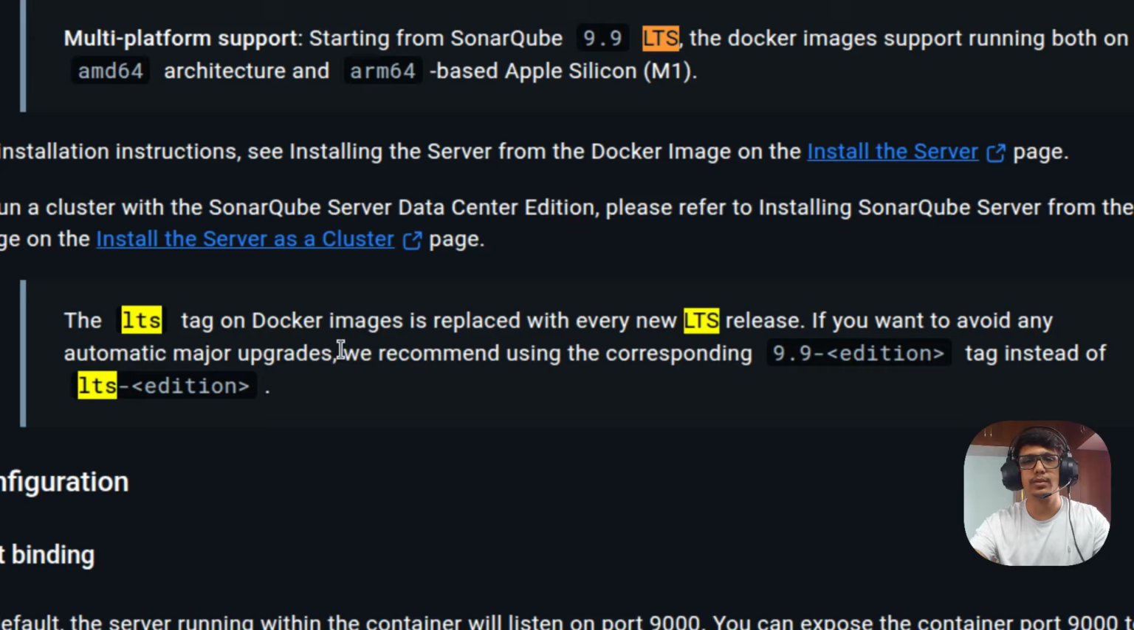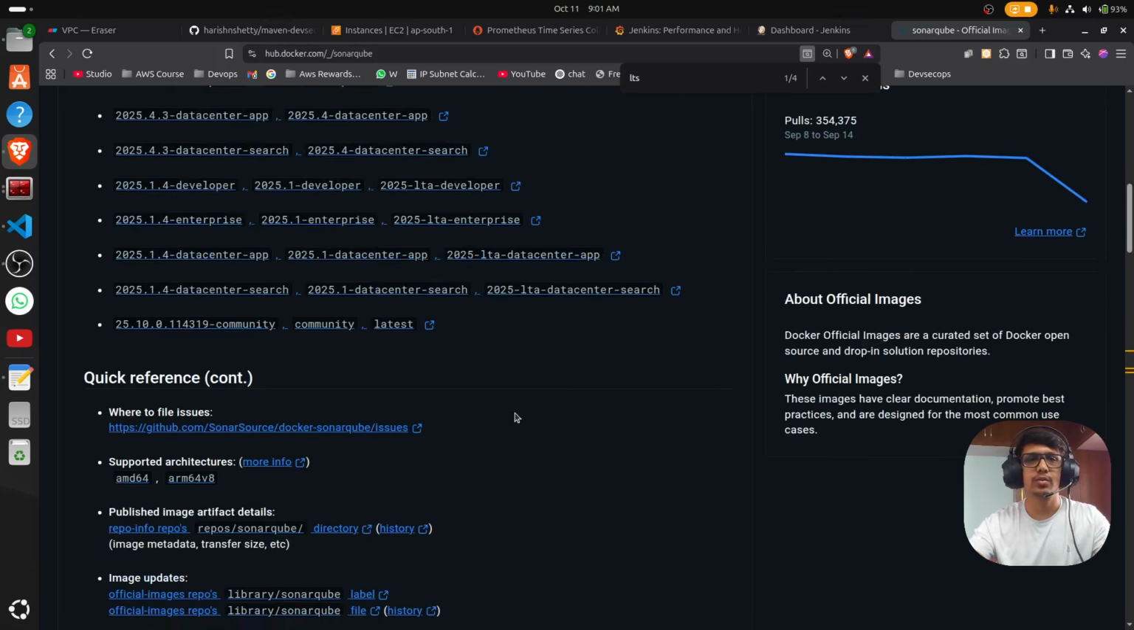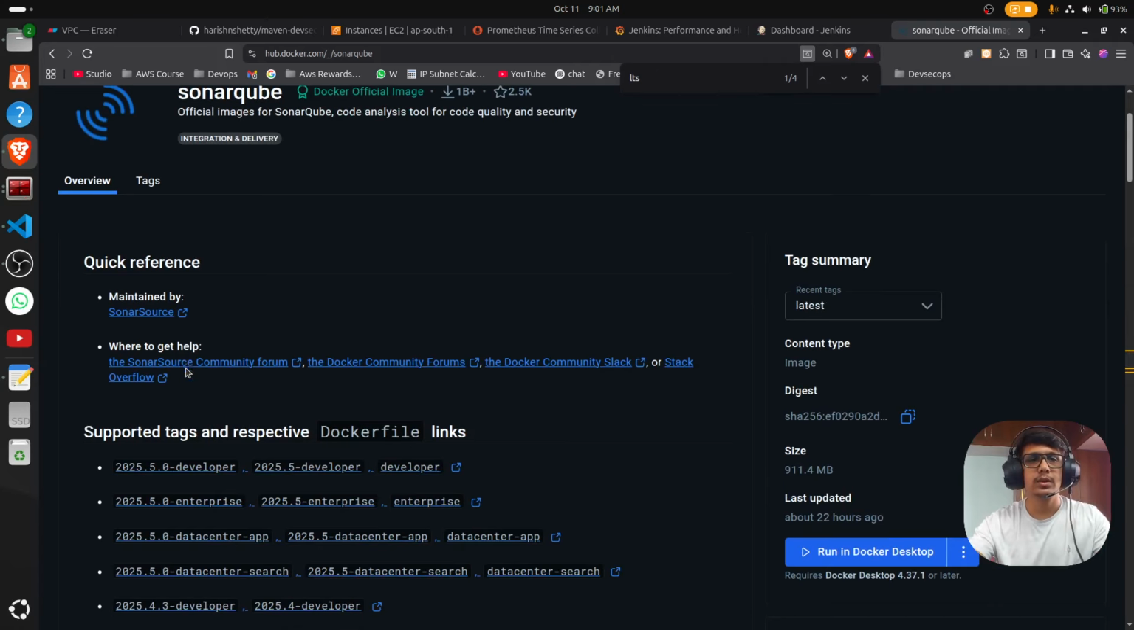9.19 edition. Why? Because the LTS tag is discontinued. You have to give the versioning. So to search the versioning, we have two ways to search. One thing here,